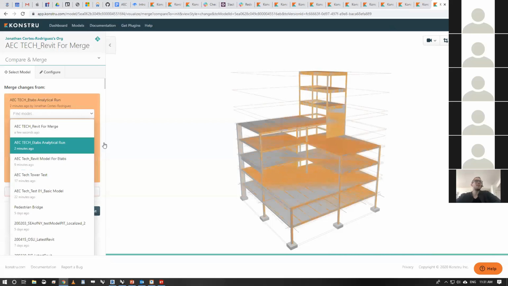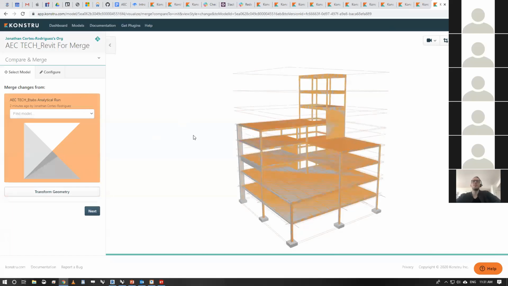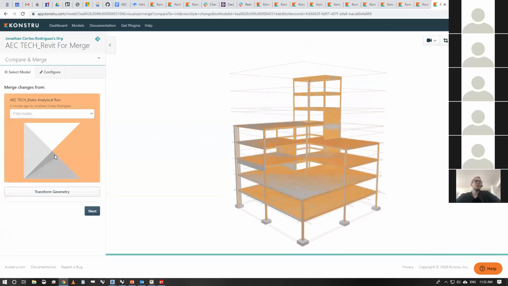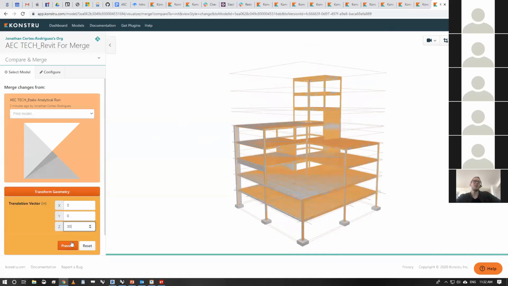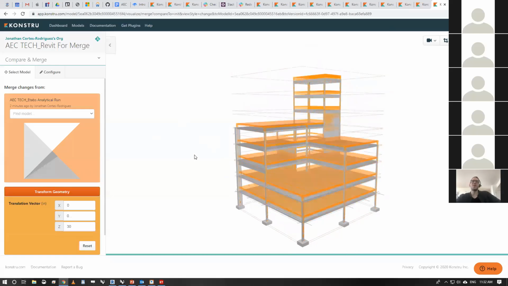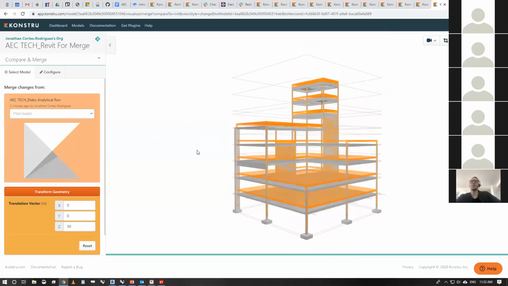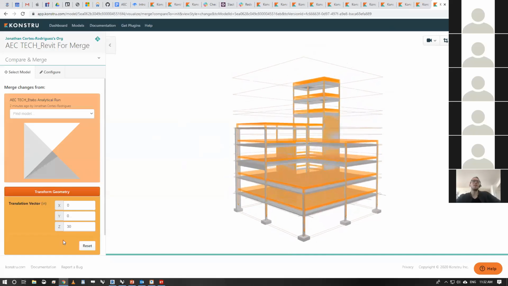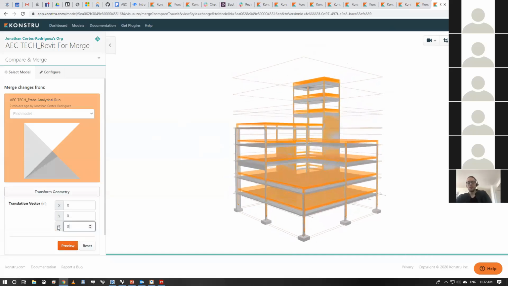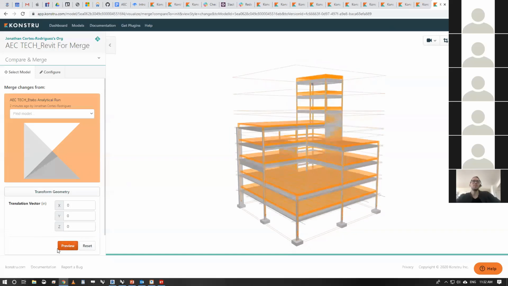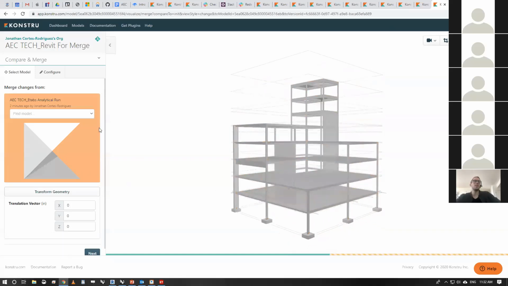Give it a second. There you go. It's updating both models in the same spot. You'll notice they're being put in place and trying to correlate. You have the option to transform the geometry if you need to. Like if there's a series of offsets happening and some models don't necessarily align, which can happen when you're dealing with design versus analytical models. In this case, we're controlling everything pretty well, so we don't have to do any particular offsets. Go ahead and hit preview, so that way it resets. Once everything's good,